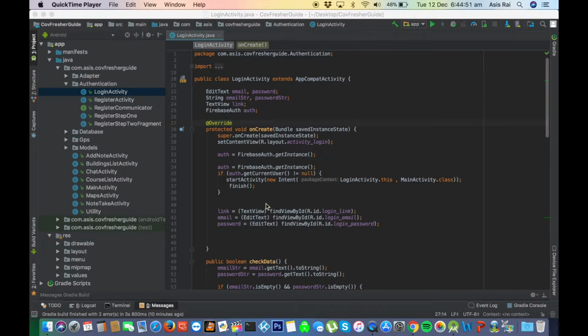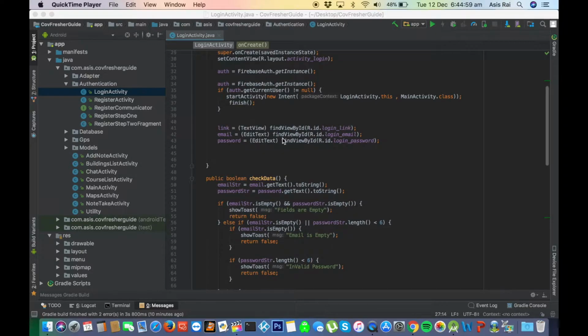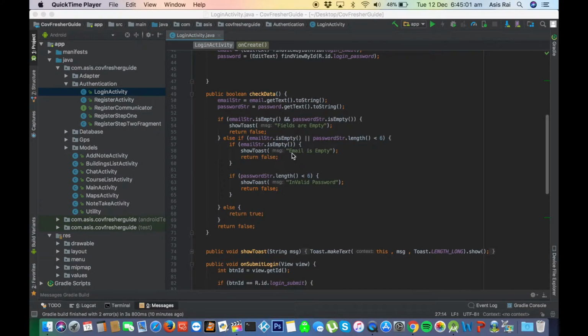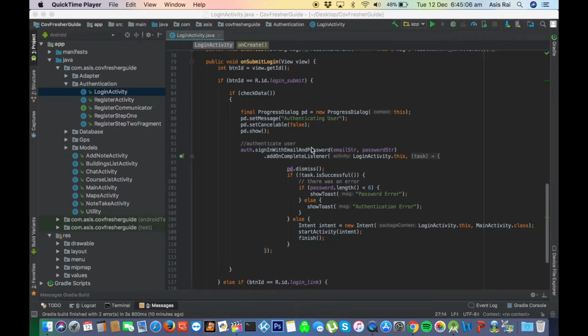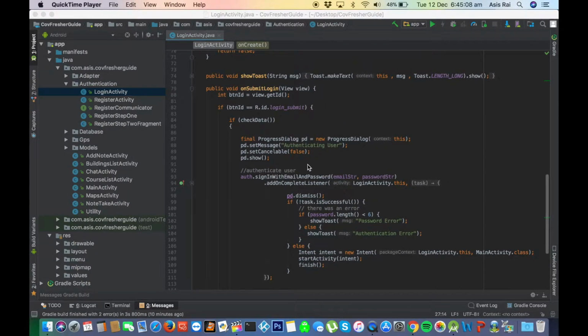This is the source code for the login screen. If the user is already logged in, then it will go to the main screen. If not, then the user has to log in. This is just to check the fields that everything is filled, and this will make sure that everything entered in the field